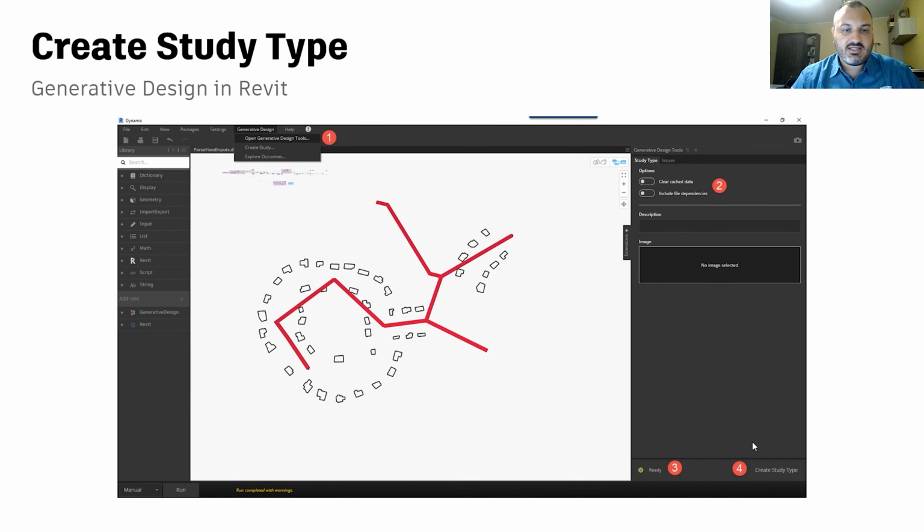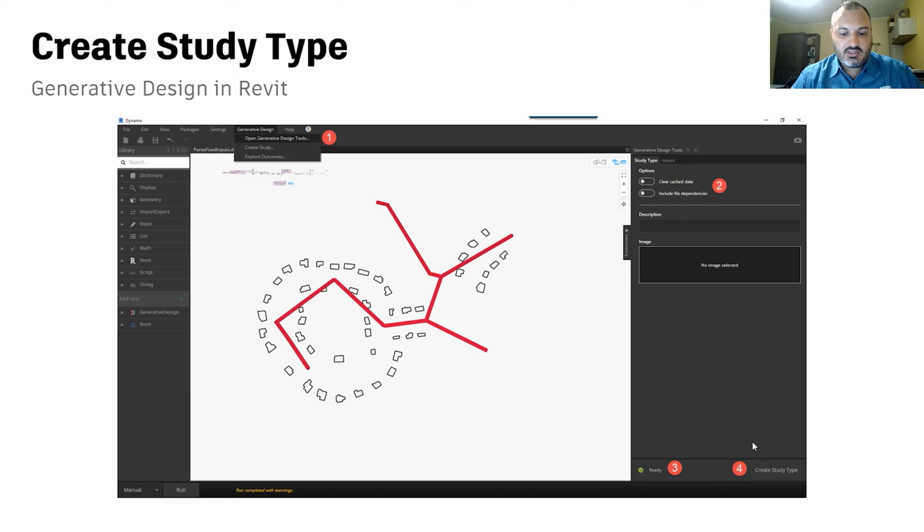First, you need to create a study type. So it's a very good practice that from Dynamo for Civil 3D, now you move into a different environment that does not contain any reference to Civil 3D nodes, so to speak. And this is by design.